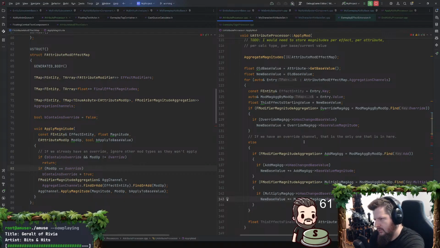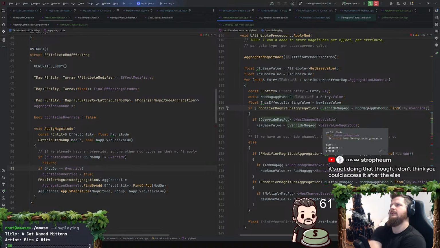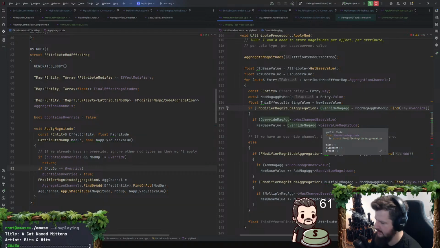I need to loop over... I need to put the modifier operators on the outside, because otherwise it's gonna go additive, then multiplicative, then additive, then multiplicative. Which is not how that should work. It should happen all in one step. I need to switch this, actually. I need to change this around.